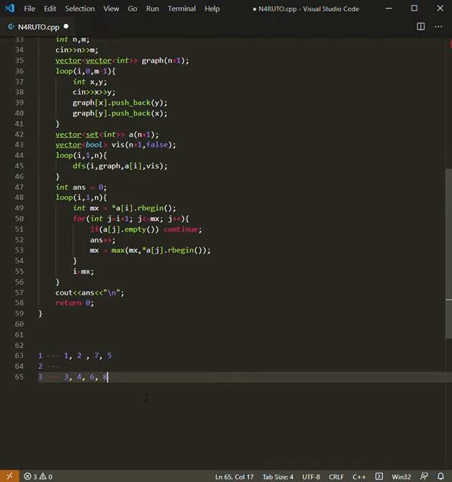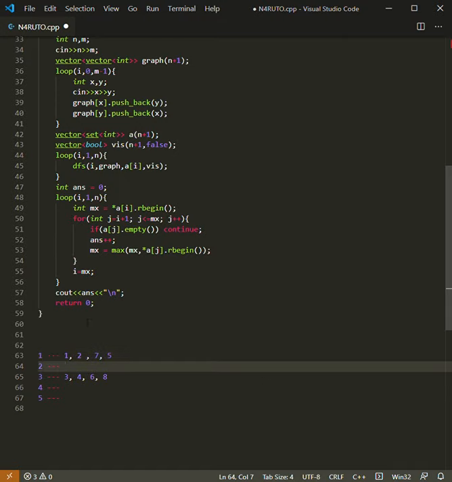Then we have 3 to be like this and 4 will be empty, 5 will be empty, same for 6 and 8 as well. So we are here for 3. Now for 3 we don't have that in our mx, so in mx we set mx to be equal to the maximum of mx and A[j].rbegin().